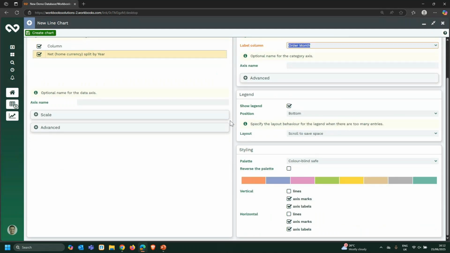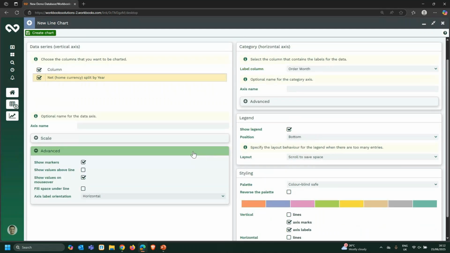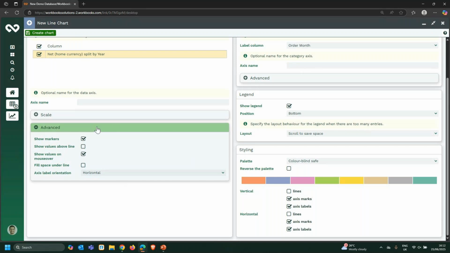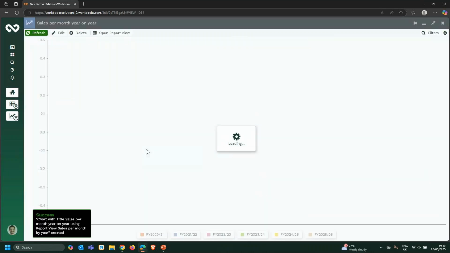I don't think there's anything else I want to show currently, but just to give you an insight into what the advanced section shows for line charts, it shows markers, so what actually appears on the graph, values above line, which I'll come to in a second, which just shows the numerical value above the plot on the graph, showing the values when you put your mouse on top, and filling the space under the line, which I'll also demonstrate. So if I just create this line chart,